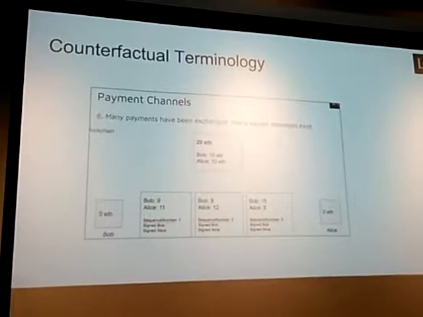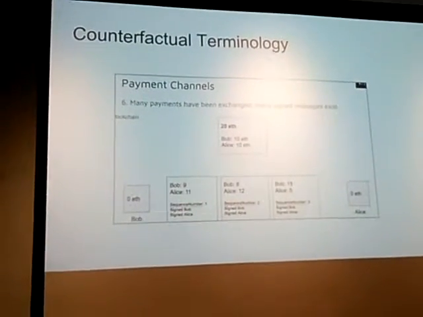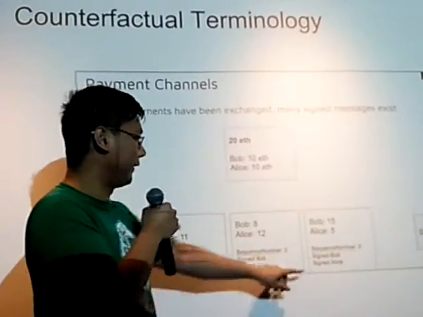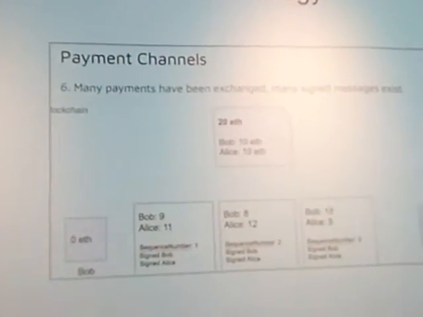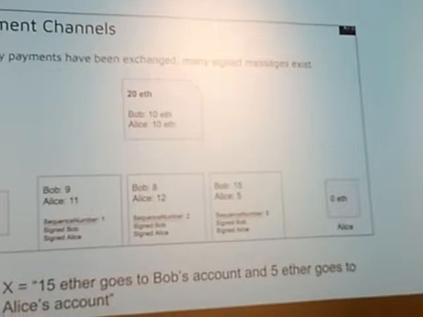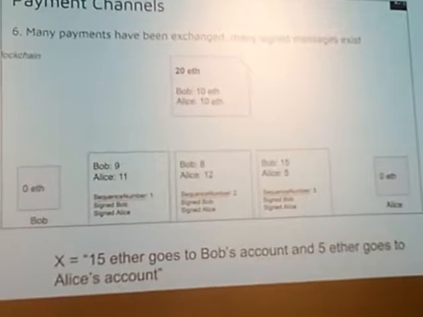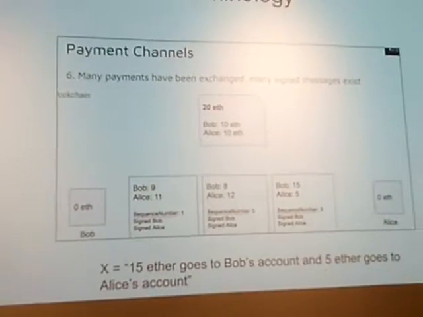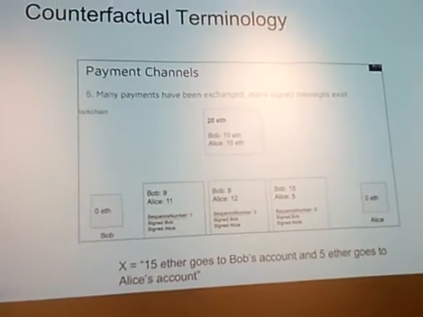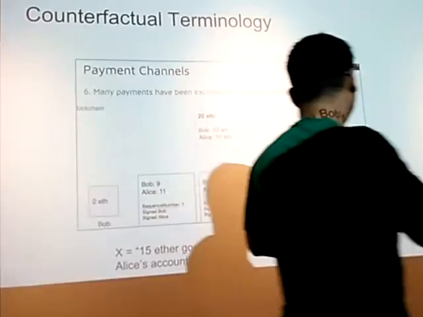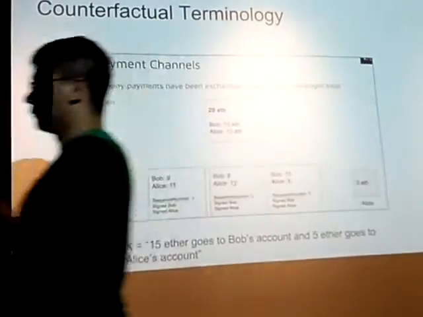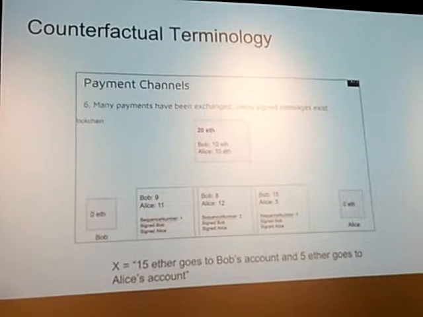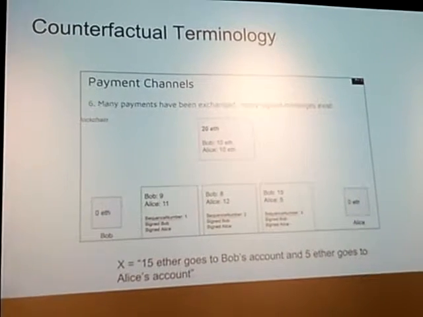So early on, I talked about payment channels, and we looked at a case where many payments have been done, and this is the final state. So in this case, we can say if we let X be 15 Ether goes to Bob's account and 5 Ether goes to Alice's account, we can say that counterfactual X holds, which means that, let's go through what that means. What's the first one? Yeah, so basically this means that